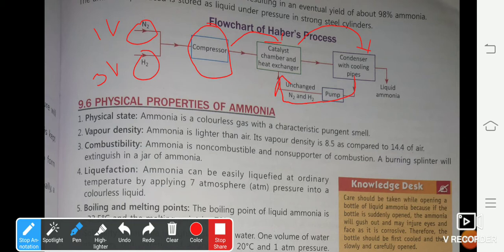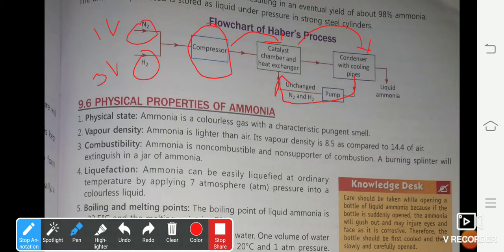Please remember these important key points here. The reaction is N2 plus 3H2 gives you 2NH3. It's a reversible reaction. You have to draw a double-headed arrow. On the arrow, you have to write down 450 to 500 degrees Celsius temperature maintained for the forward reaction to be favored. A pressure of 200 atmospheres is supplied for liquefaction of ammonia. Iron is used as a catalyst and molybdenum is used as a promoter.